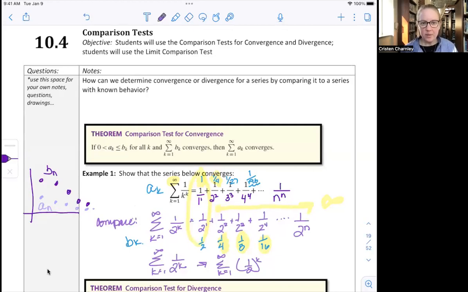For this particular problem, we can see that this is a geometric series. 1/2 is that R value. R is less than 1. So because the first